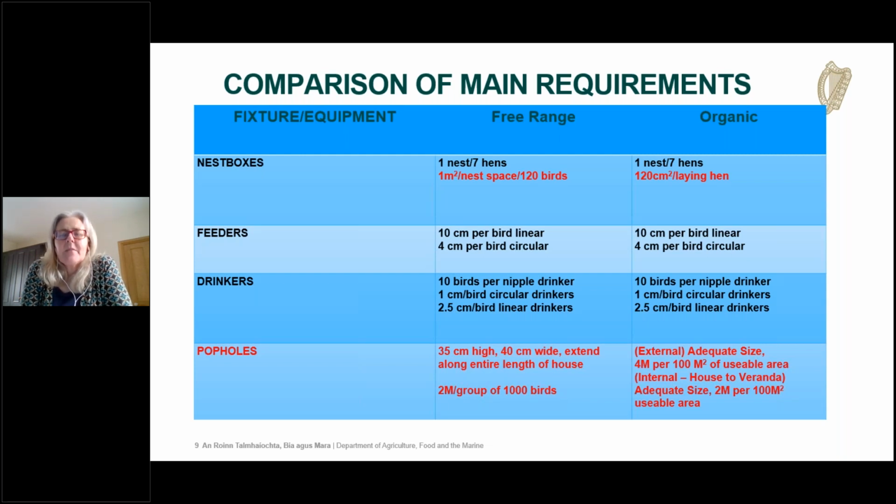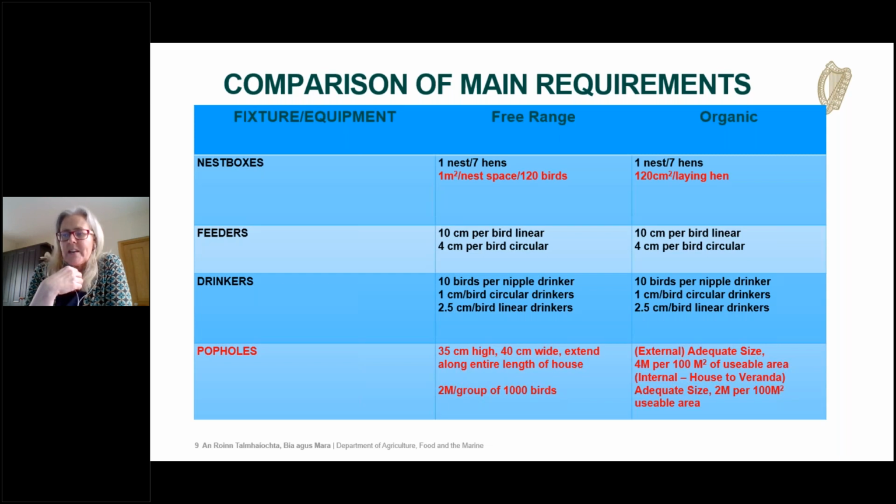And if you can recall from the previous slide, nest boxes cannot be counted in the calculation of the usable area. Feeders and drinkers, and Odile will go into those in more detail in her presentation on the actual house profile, are similar in terms of pop holes, and